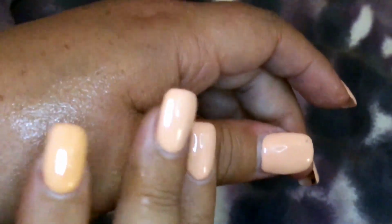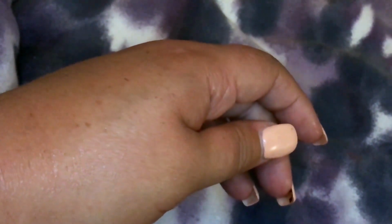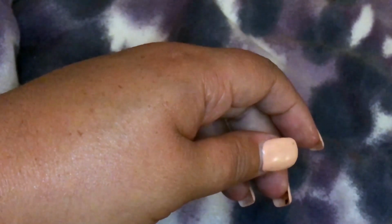It smells heavenly. I don't know what the smell is exactly, but it smells really, really wonderful. You can just tell how moisturized my skin is right now on my hand. It's just, yeah, I am a fan. This is really great. Like I said, not the cheapest of products, but if you really want to keep your eyes from getting